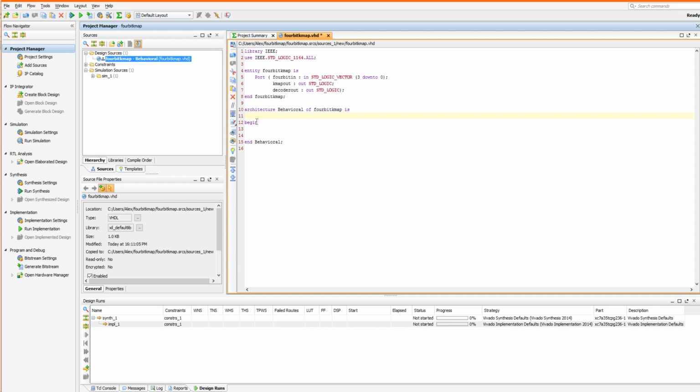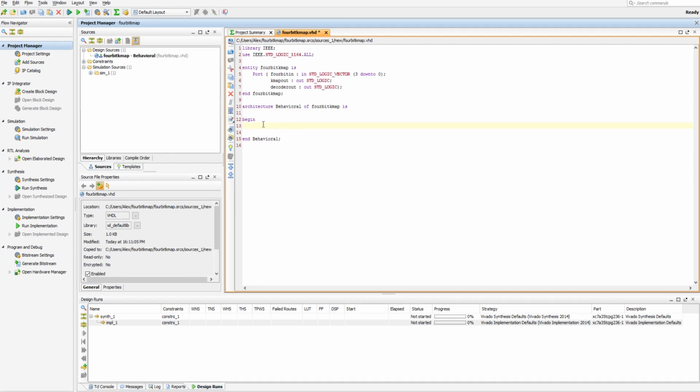So what we have to do is specify how we want to start this. So we're going to begin our code underneath this begin statement and before the end behavioral statement. So we basically want to take our 4-bit in and figure out what the decoder for it would be, and then we're going to show that our K-map solution is the same output as the decoder. So we're basically going to say temp is going to get... actually hold up, actually the way we're going to do this is we're going to say